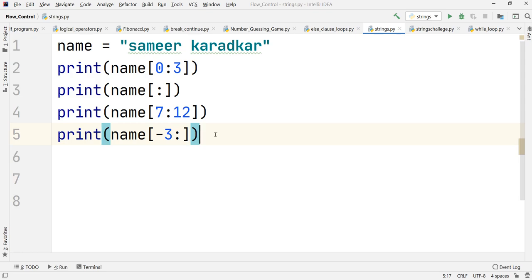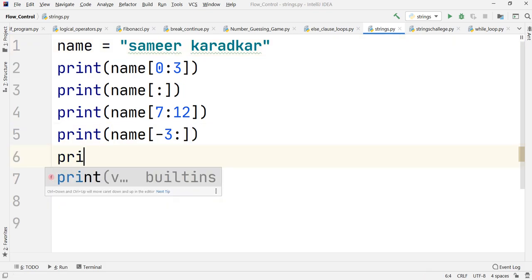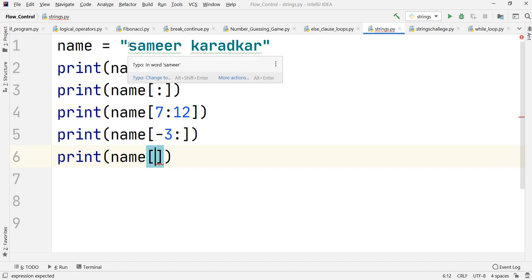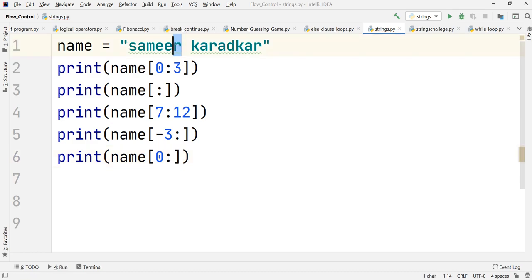But this was all regarding characters in sequence, right? Suppose I want to access this character, then this character, then this character. S, M and E, I want to access those characters. How can it be done? It is very simple in Python. Again I'll have to write the same square bracket and set up the proper range. I want to start from the 0th position, so I'll write that first. And I want to go up to this value, because I want to include this E character.